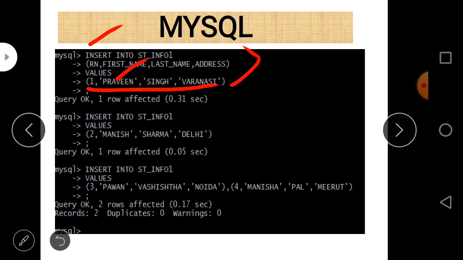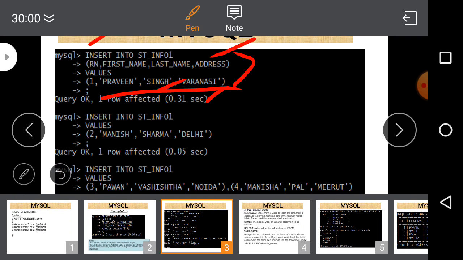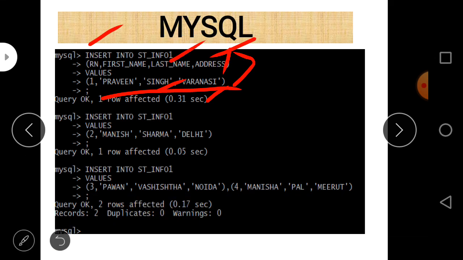So value of roll number is 1, name is Praveen, last name is Singh, and address is Varanasi. So these all are the values regarding different column names of table stu underscore info.